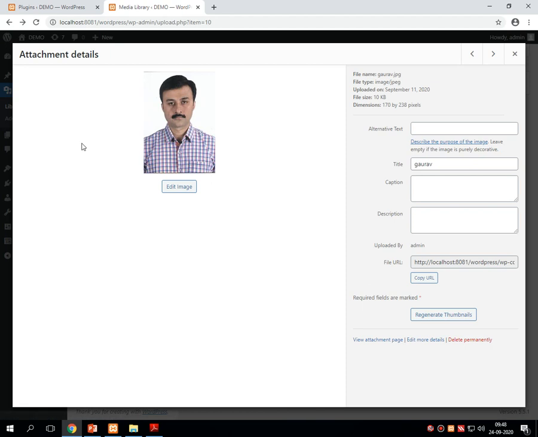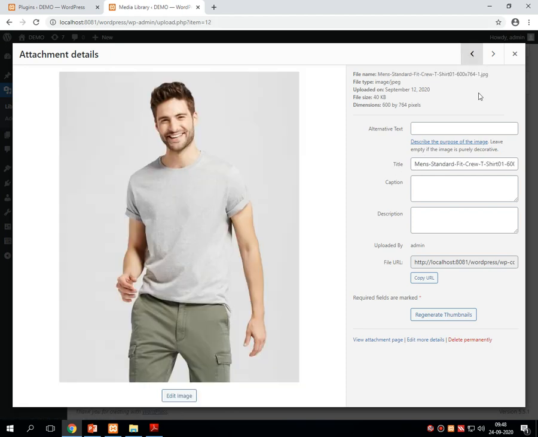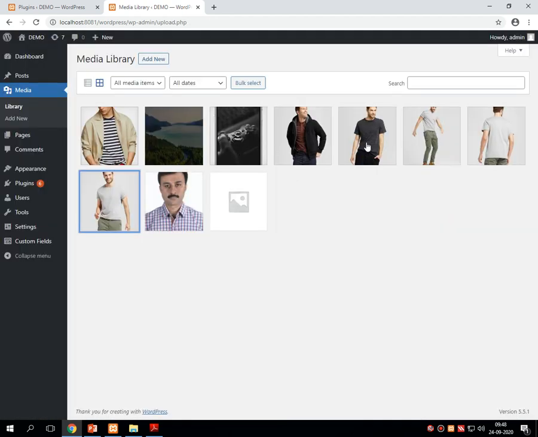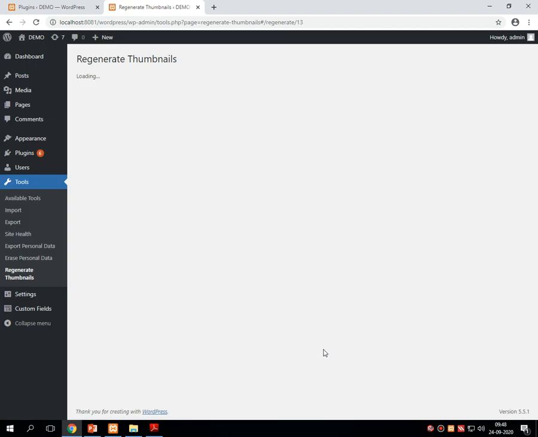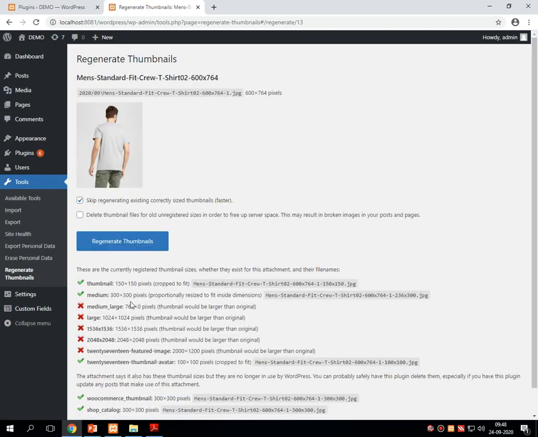You can even select another option. So let me go back and select this option, regenerate thumbnails. It creates two different sizes, one 150 by 150 and the other 300 by 300.